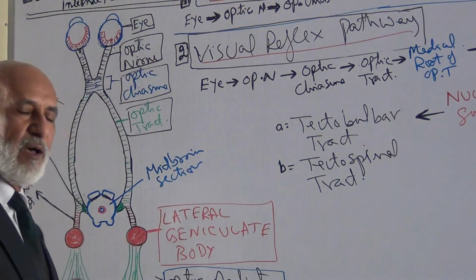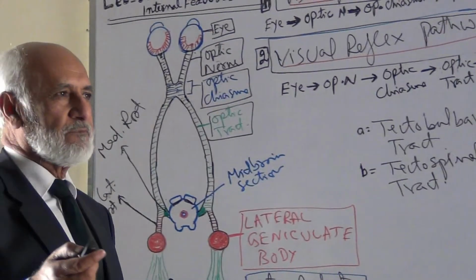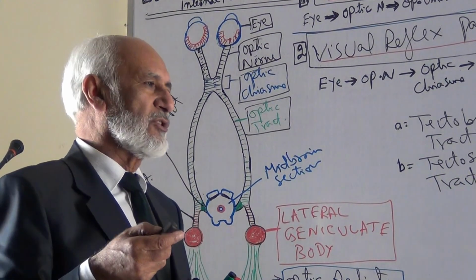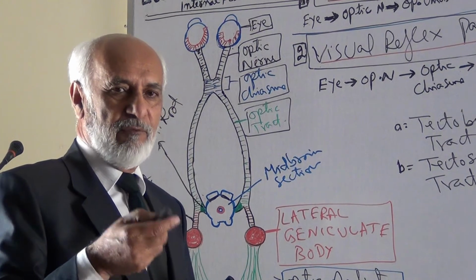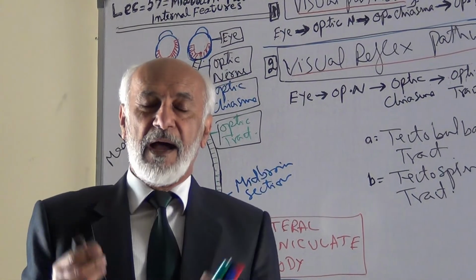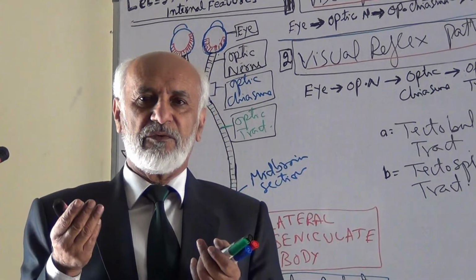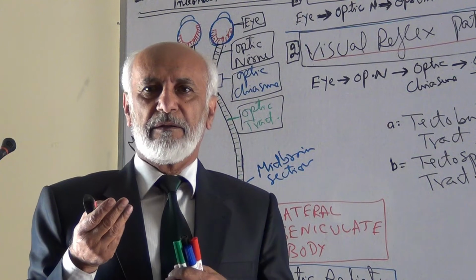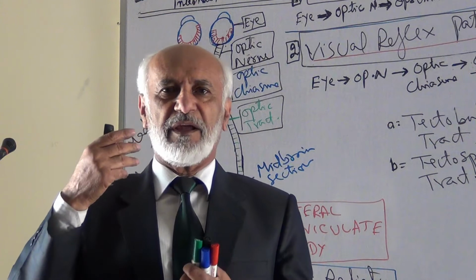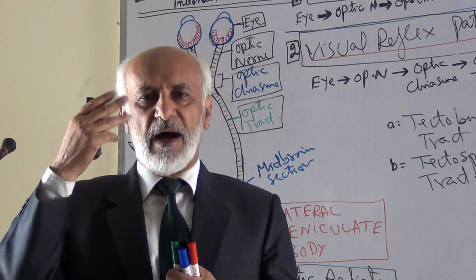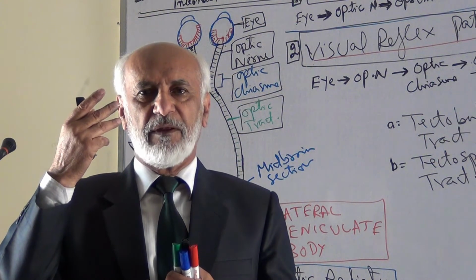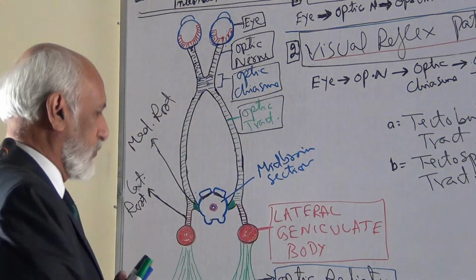In this way, in response to an unexpected visual stimulation in the shape of a flash of light, etc., you move your eyelids, you may open or close your eyelids, you turn your head, then you turn your trunk and limbs, and you may run away. So all these motor activities of the eyelids, the eyeball movements, and the movements of the head, limbs and trunk, etc., are via these tracts.